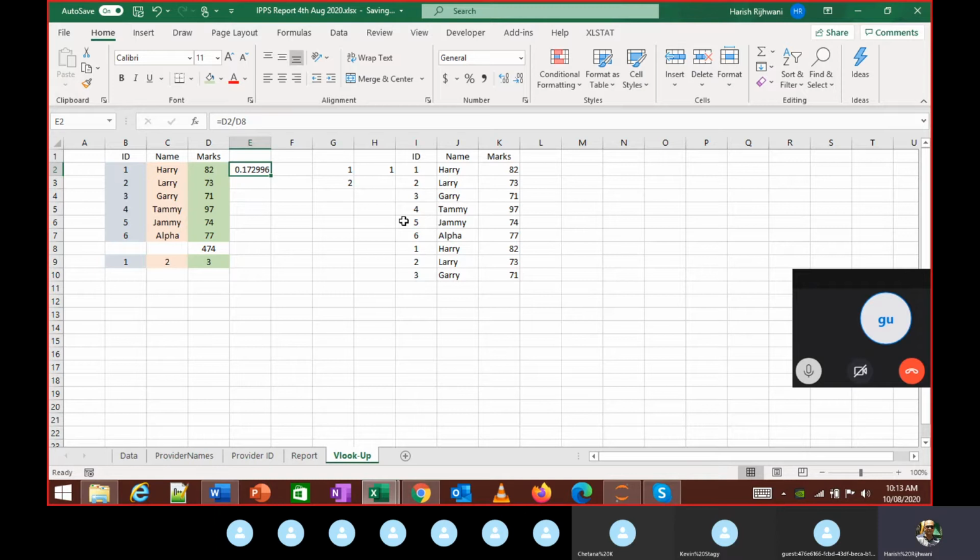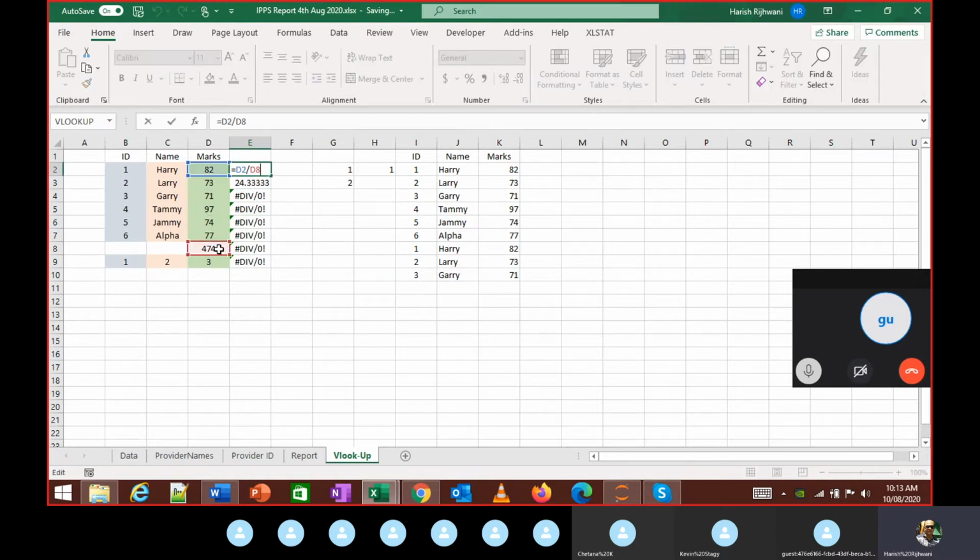Now, if I double click this, the formula keeps on changing, but I need to fix this value of 474. In order to fix this value of 474, which is D8, I go to D8 and press F4.